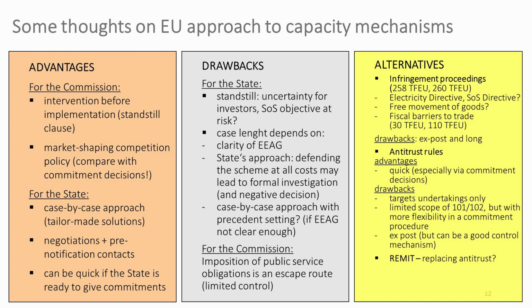However, not all state aid cases are that quick. In fact, they might take years, and this is not good for investors. Also, if a state faces a generation gap in 2-3 years, it needs to act quickly, and this route is not the fastest one. Obviously, a lot depends on the approach of the state, how many changes it is ready to accept to get the Commission's approval. But it also depends on the clarity of the compatibility criteria. If they are not clear enough, then member states might prefer to rely on models that have been approved by the Commission in the past.